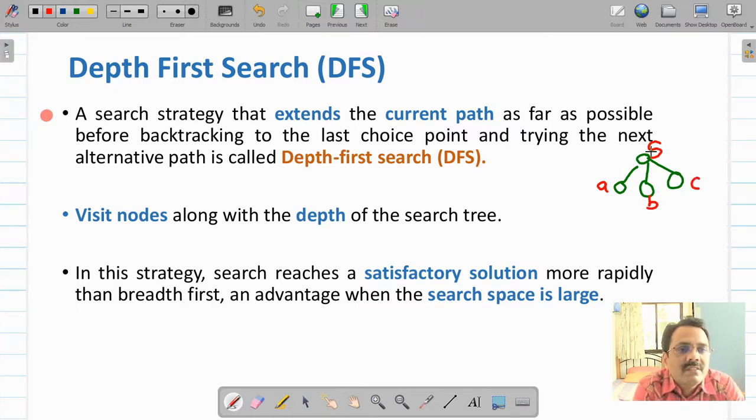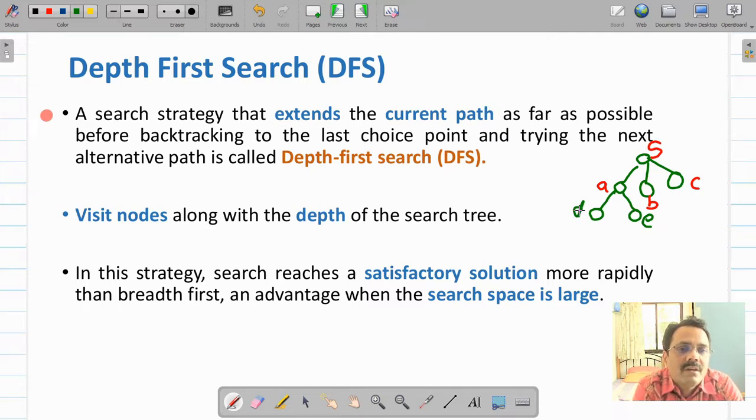So this depth first search will move along with the depth. Then it will visit this node A or node C. So if it takes left side, then A will be checked. It will check whether A is a goal node. If A is not a goal node, then this A will be explored further by generating its successors this way. So suppose successor of this A node are D and another successor is E. Then it will visit this D first, and then it will check is it a goal.